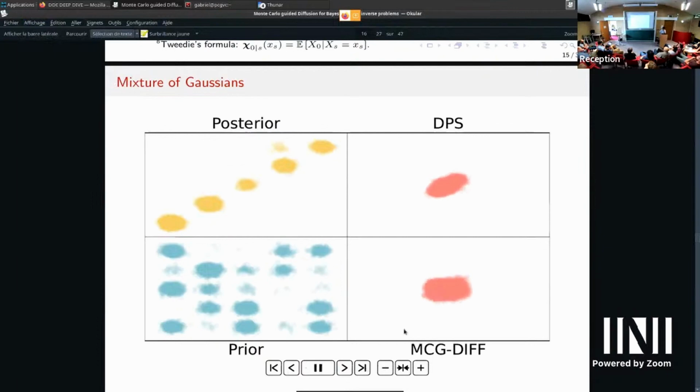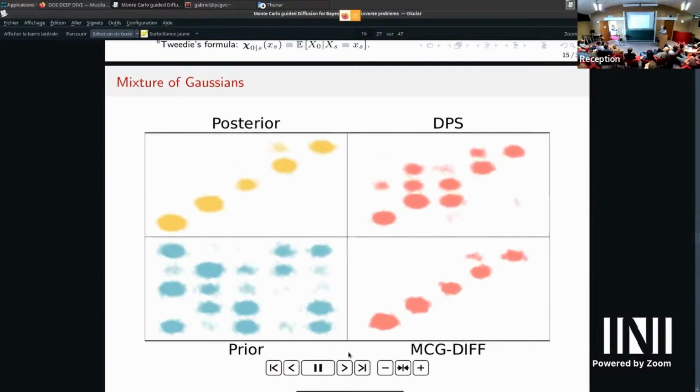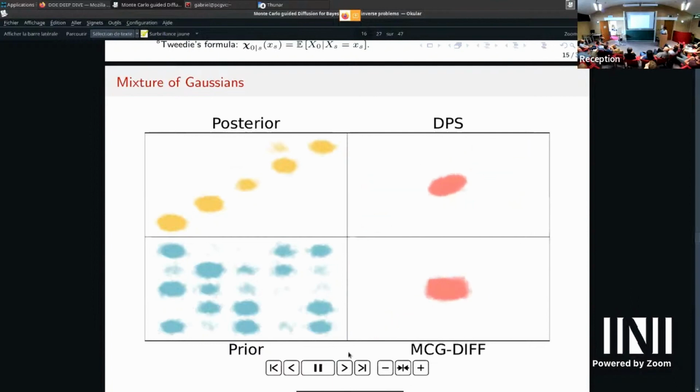Here what we're seeing is the evolution of TS. In the beginning, we kind of have a similar behavior. And then you can see that DPS is going to overshoot the posterior distribution, while ours is kind of